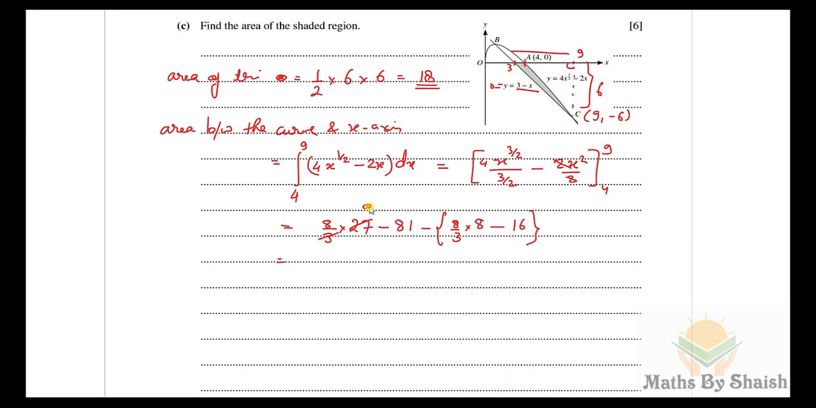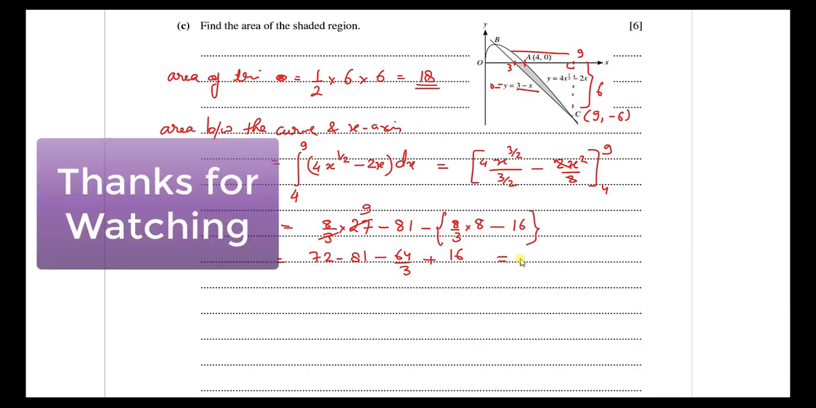So we'll solve this. It is 3 9s are 27, 8s are 72 minus 81, and 8 8s are 64, minus 64 upon 3 and plus 16. And now we will solve this, and this answer is